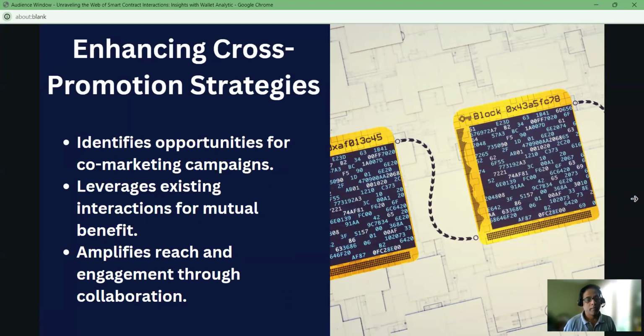And also, this helps you to understand how many different smart contract applications your customers are going to, and see if there are cross-promotion strategies you can gain from that data. Say, for example, your customers are coming to one blockchain application, and then they are going to a different blockchain application every day on a regular basis. You can understand more about that using the data and see if there is any cross-marketing promotion you can do